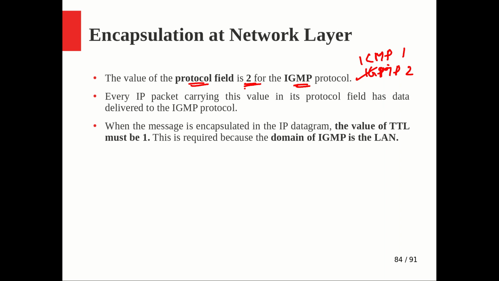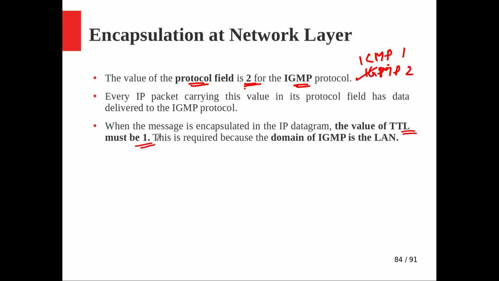Another field in the IP header is the TTL, time to live. Normally we set it to the maximum number of hops that a particular packet is supposed to have in the network. At every hop it is decremented by 1, and when it reaches 0, if the packet has not reached the receiver, that means the packet is in a loop and it will be discarded. You know that concept. But what could be the TTL value particularly for the IGMP protocol? It is a very important concept. It has to be 1.